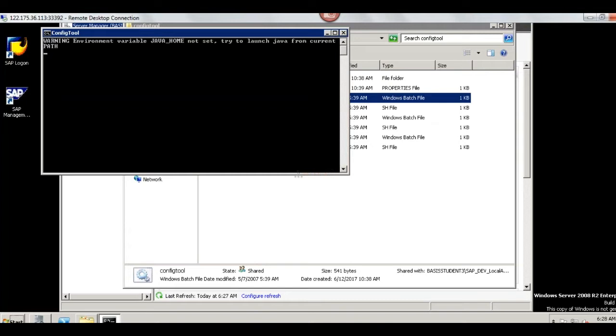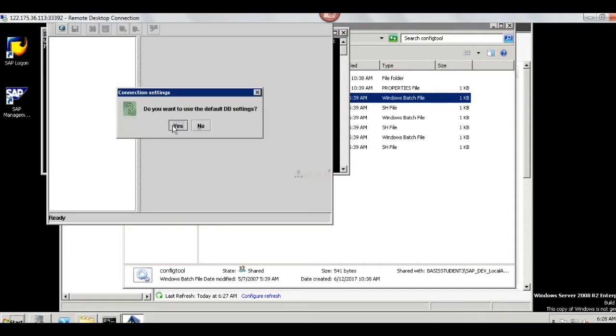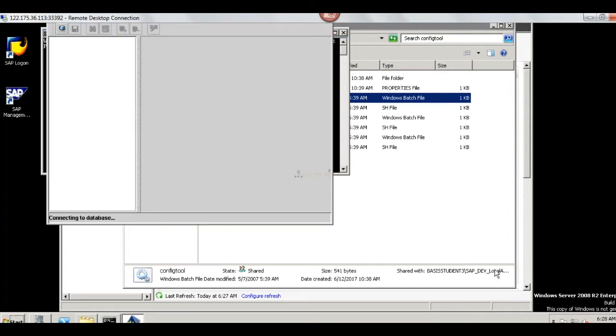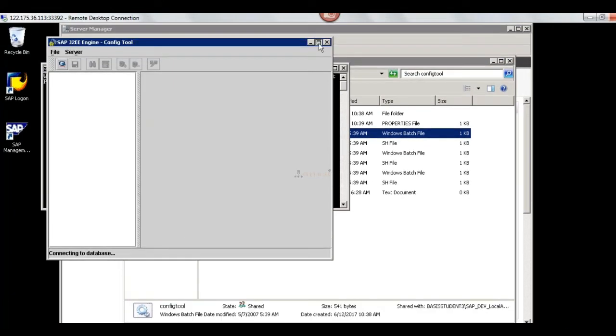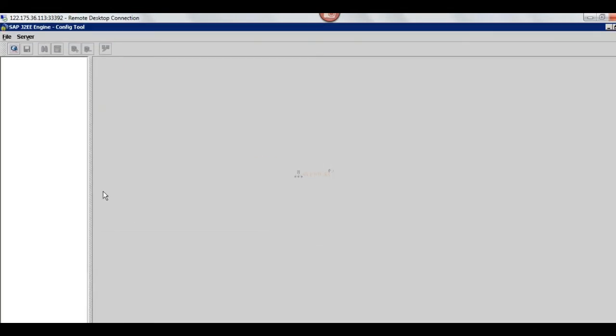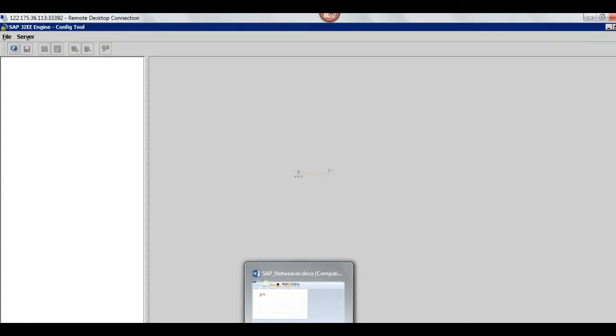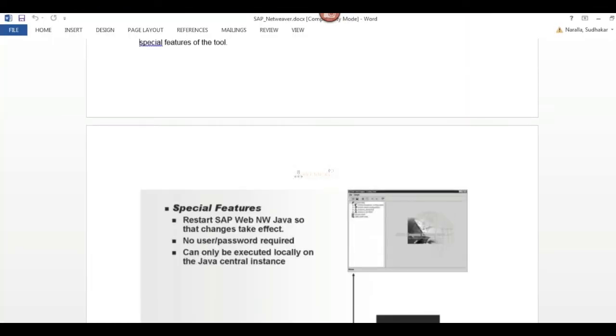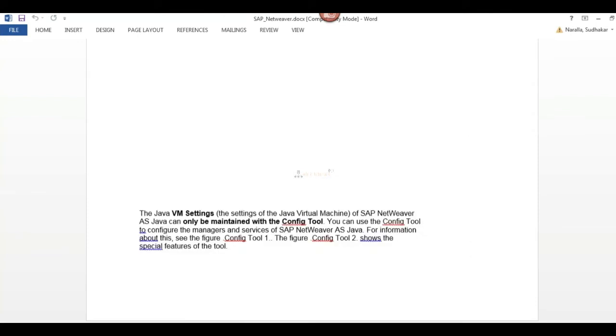Java underscore home is not set. Try to launch.